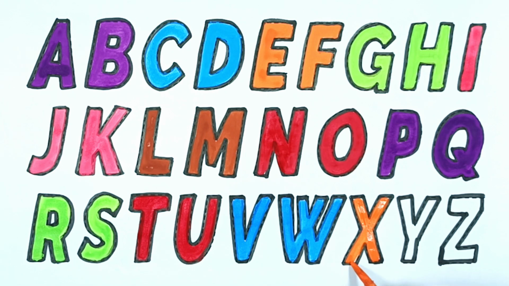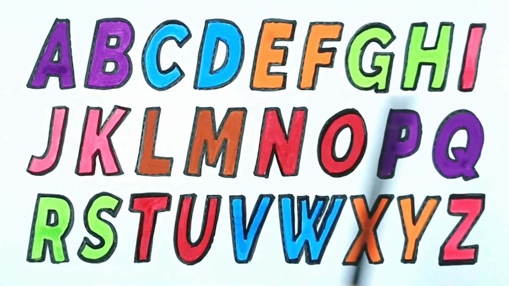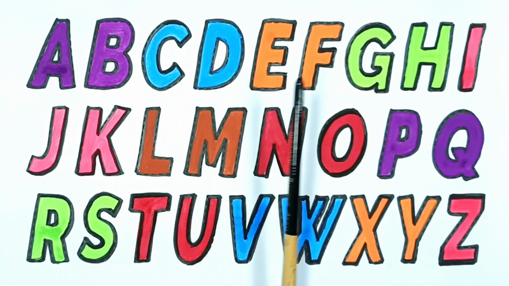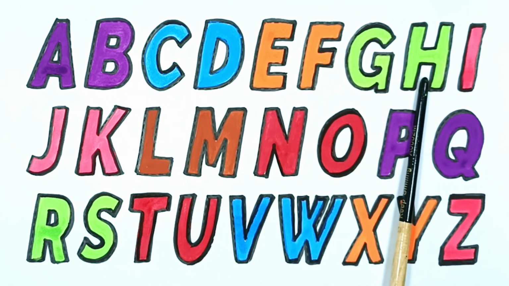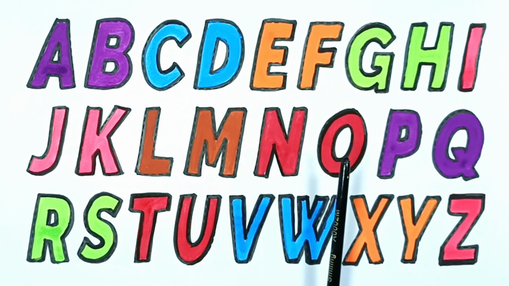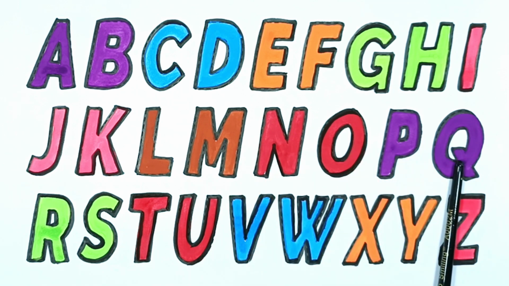X for xylophone. Y for yacht. Z for zebra. A, B, C, D, E, F, G, H, I, J, K, L, M, N, O, P, Q,